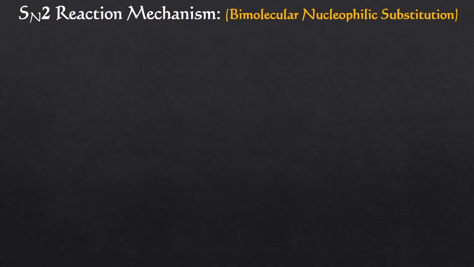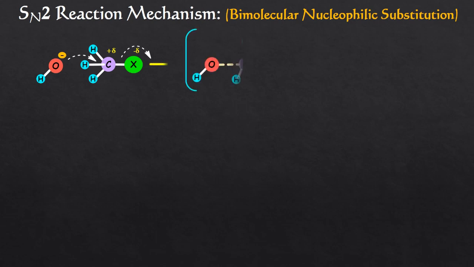So it is a bimolecular nucleophilic substitution. In this mechanism, nucleophile attacks from the backside of the leaving group to interact with the delta positive carbon of the alkyl halide. This will cause the breakage of carbon halogen bond. This two process takes place at the same time without giving an intermediate, so it is a single step reaction that involves the formation of transition state.